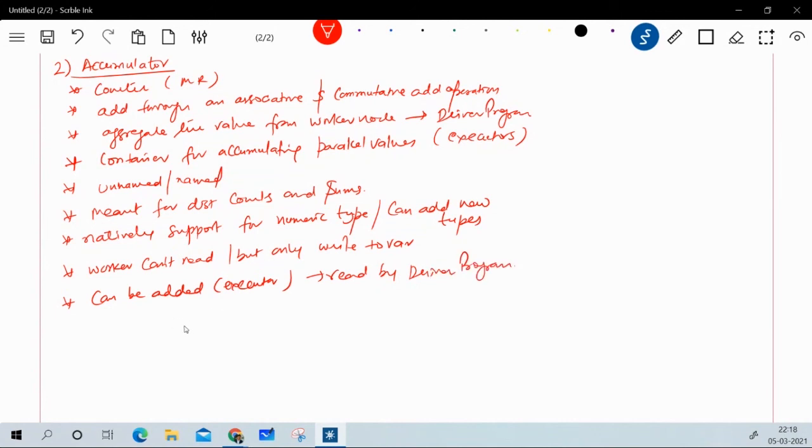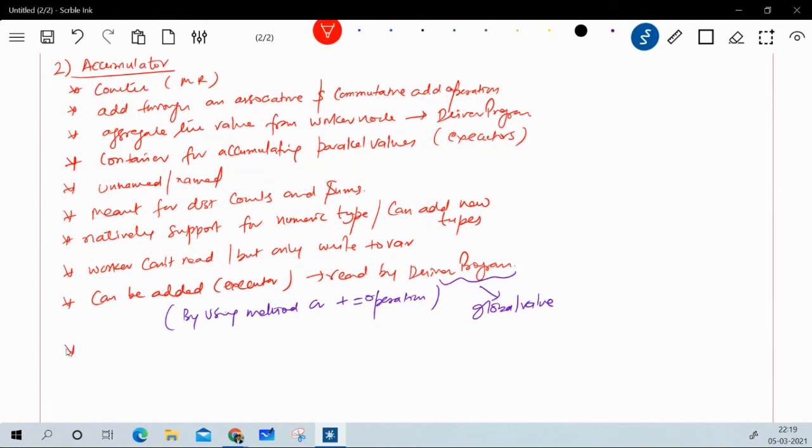So here, by using some method, they can have these operations for executing everything. And when I say driver program, that means this driver program will give you the global value which has been added or incremented by the different executors.